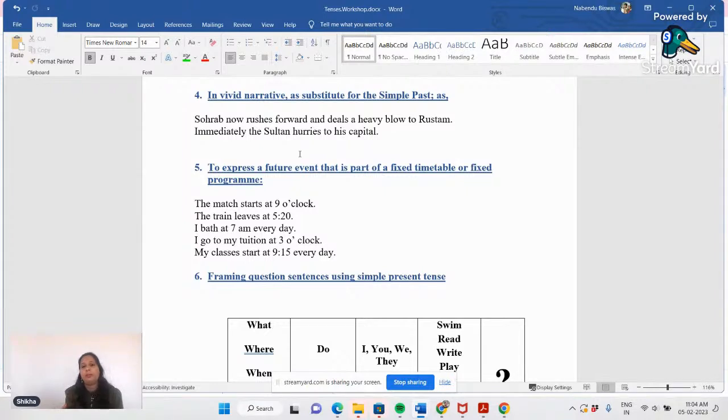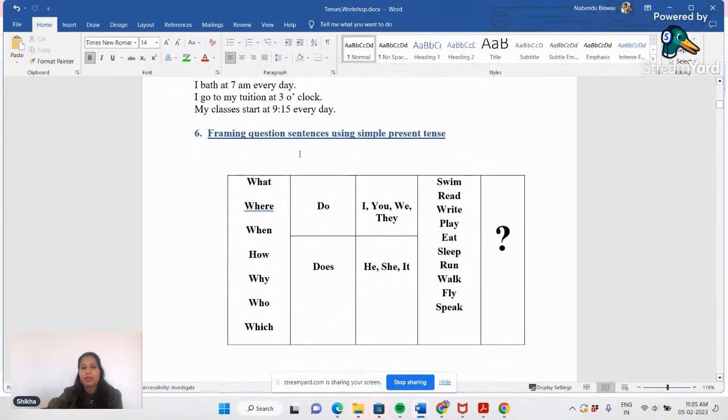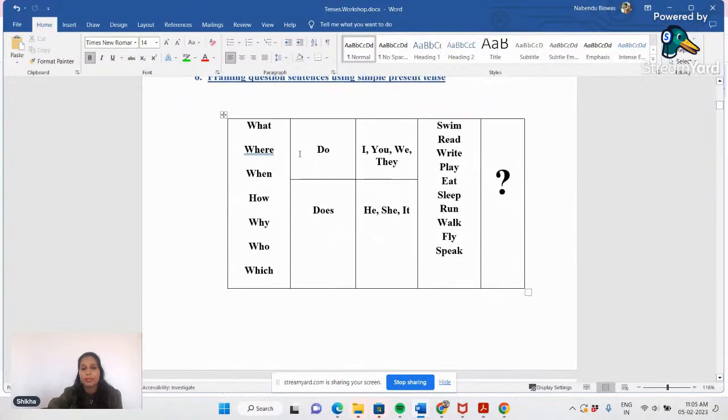Or if you watch cricket or football or anything like WWF, and you listen to the narration, you will see that all the narrations are under simple present tense. Apart from this, all the activities which have a fixed timetable also come under simple present tense, right? So for example, the math class starts at 9 o'clock, my school starts at 9 o'clock, Rama goes to his office at 10 o'clock every day. Okay, so this is how we frame sentences under different situations using simple present tense.